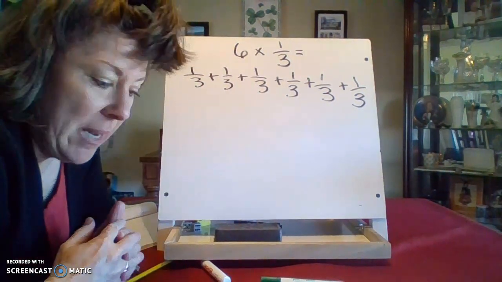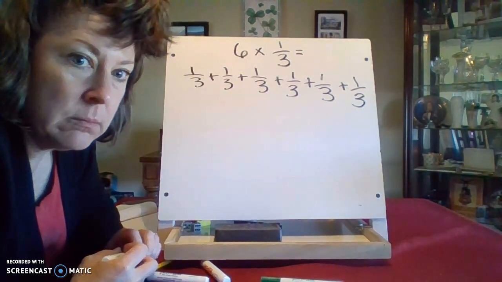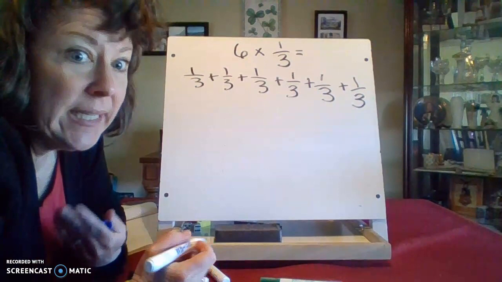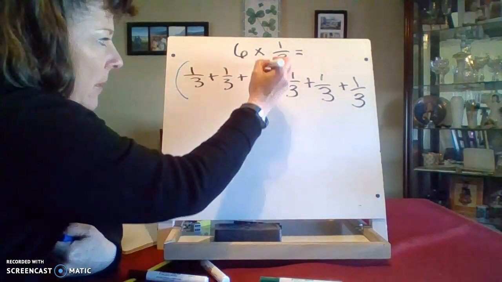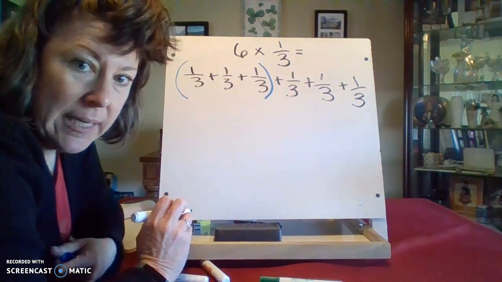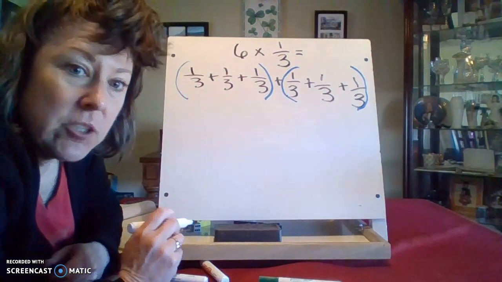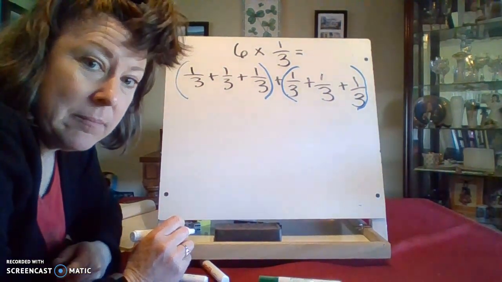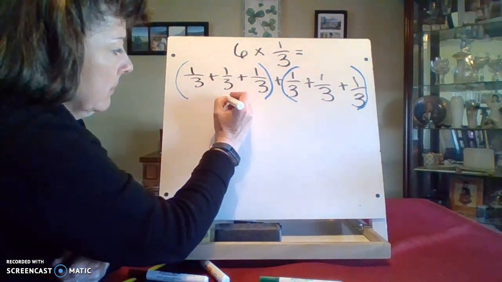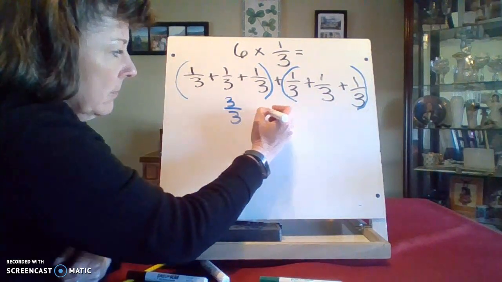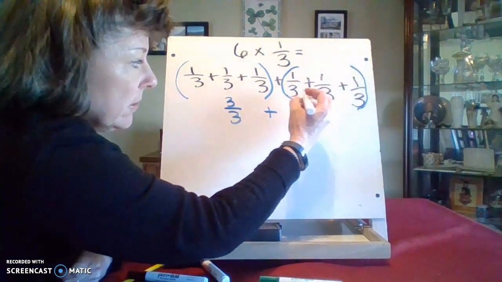Now what I want you to think about is how many thirds do you need to make a whole? Well, I need 3 thirds to make a whole. There's 3 right there. Here's another 3 right here. 1, 2, 3 thirds plus 1, 2, 3 thirds,